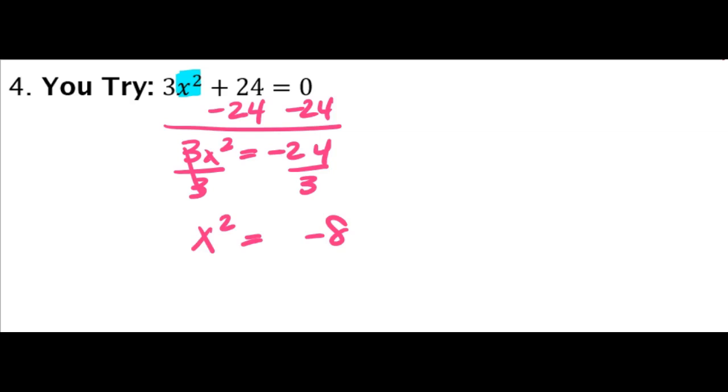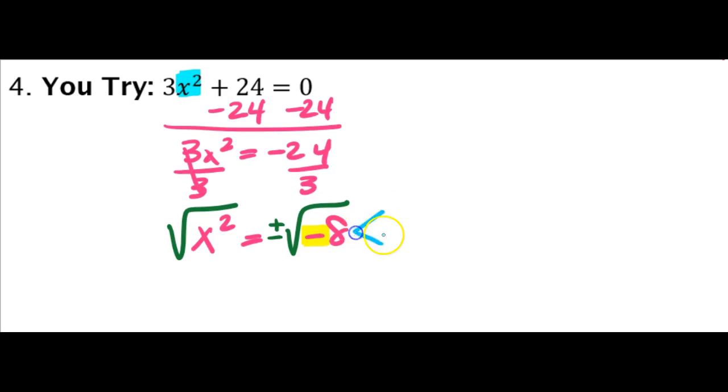So at this point, I need to take the square root of both sides, and you always have to remember to put the plus or minus on the other side. Now I have two things going on here. I have a negative under the radical. That's going to turn into an i on the outside of the radical. And then I also have to deal with this 8 under the radical, and that is going to turn into